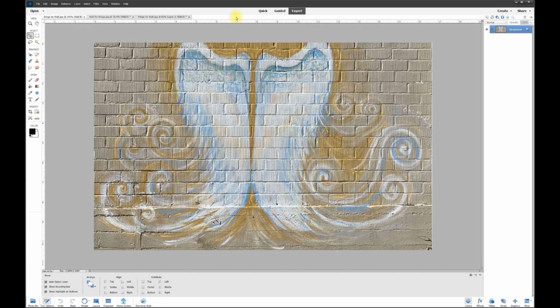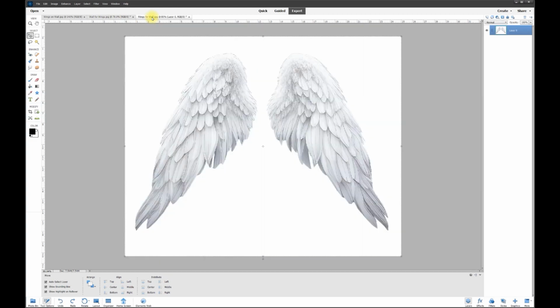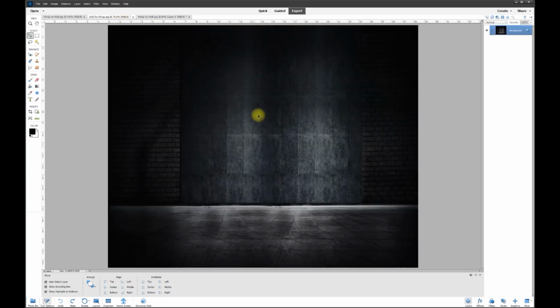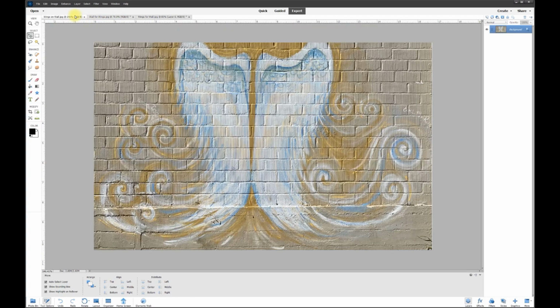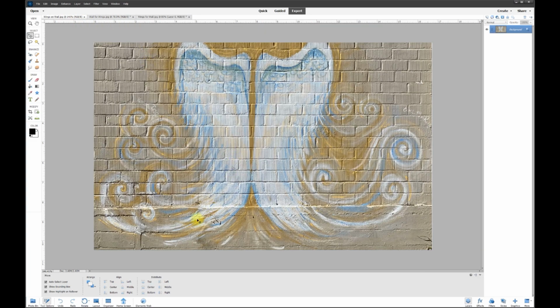Wanted to know how to create these wings on a wall. Now, in the poster's examples, they gave us this wall instead and these wings. Now, you have to consider something really, really important. Look how bright these wings are. Look how dark this wall is, and look at the original. The original is much brighter than this dark wall. So you have to do something with this wall, otherwise it's going to be really hard to make the wings